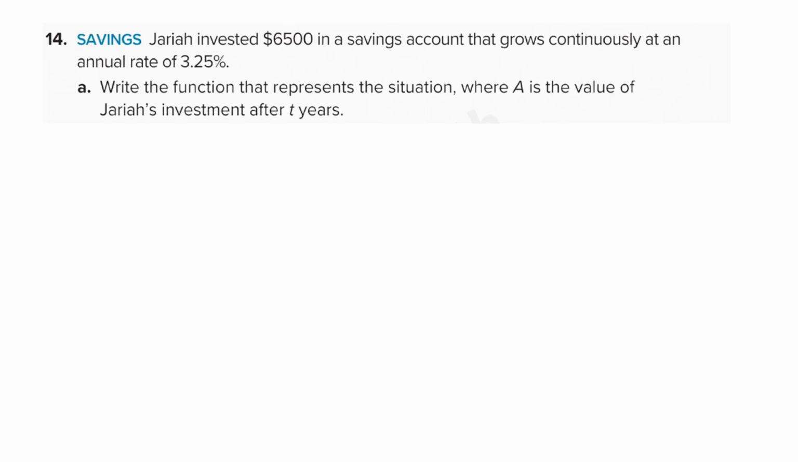Okay, so this is question 14. It is of the same kind, same type. The only difference is in the numbers. So let's highlight the important information. My principal is $6,500. My annual rate of interest is 3.25%. So when you convert this to decimal, your R value will come out to be 0.0325. Okay, the keyword again is continuous, so I'm going to use the same formula, A equal to P e